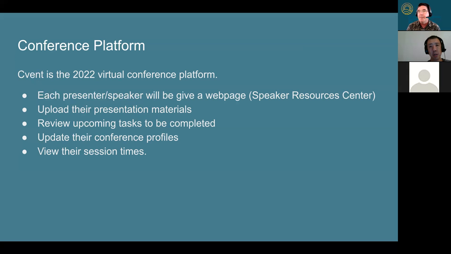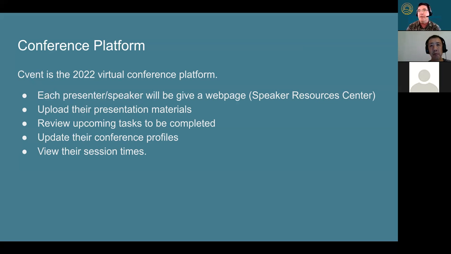The speakers will also be given a time for knowing what the tasks are they need to adhere to. So when they get in there, they will be able to get a notice letting them know that they need to get the materials up, who their support people will be, and those type of things.